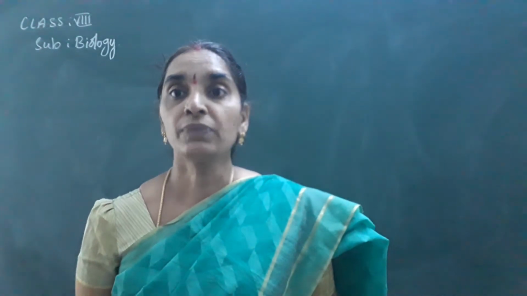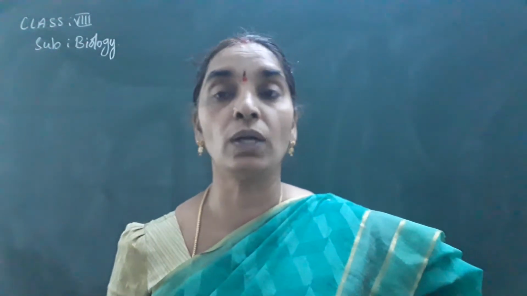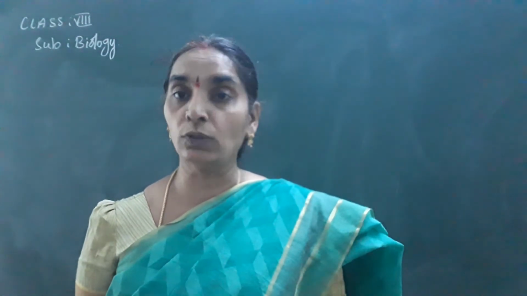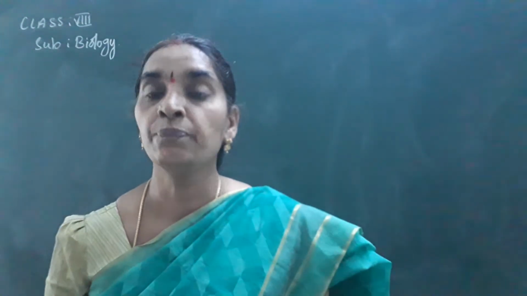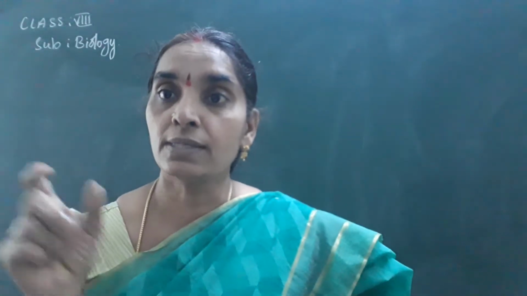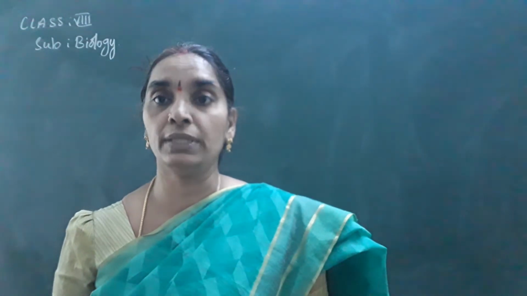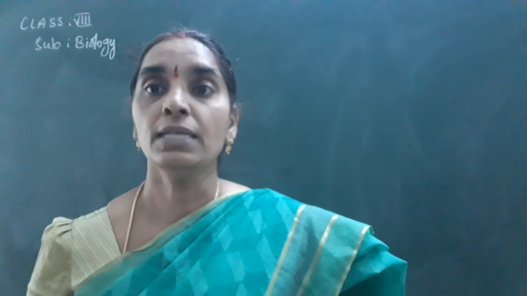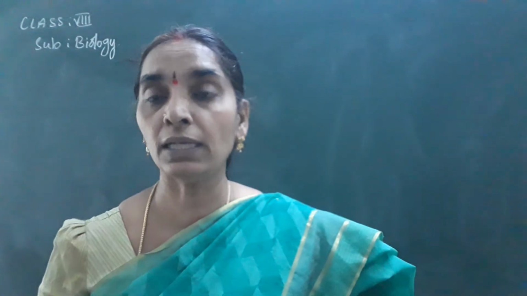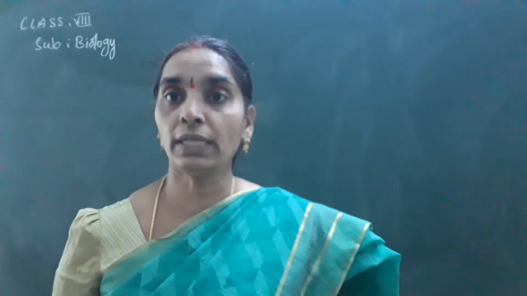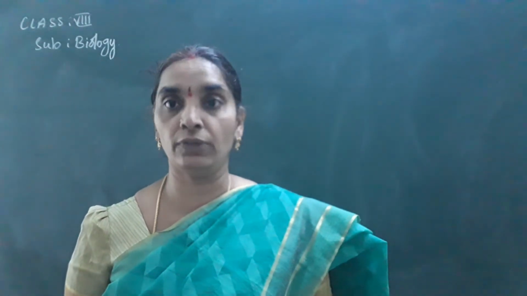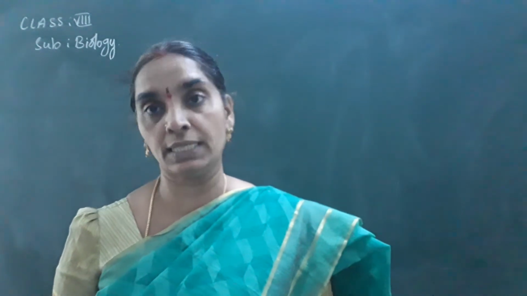So you find the outer epidermal layer, which is called a cuticle, and inner mesodermal layer, and the most inner one is the endodermal layer. So three dermal layers, that is the stem is surrounded with the three layers. They are epidermis, outer epidermis, inner endodermis, and in the middle there is a mesodermal layer. So what it is, you will be seeing on the board with the help of a neat diagram. You observe it carefully and understand how it is under the microscope.